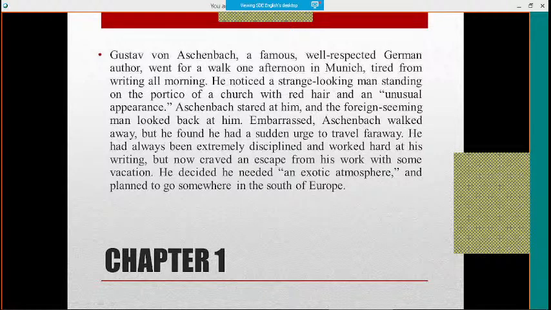So when we talk about Aschenbach, he believes in perfectionism. Aschenbach is a person who believes in perfectionism. He has all the artistic talent. And he believes that excessive passion can be an